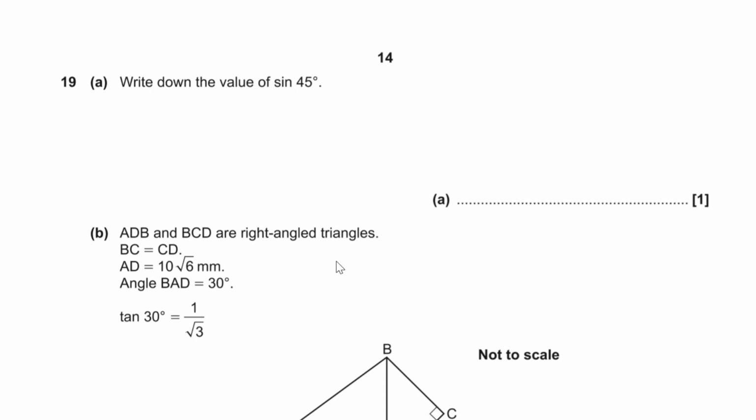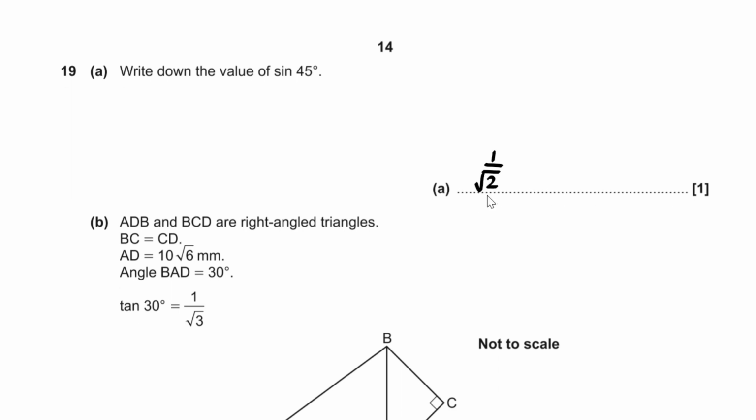Question number 19, for part A, we have to write down the value of sine 45. Well, sine 45 quite simply, that's 1 over root 2. Now for part B,